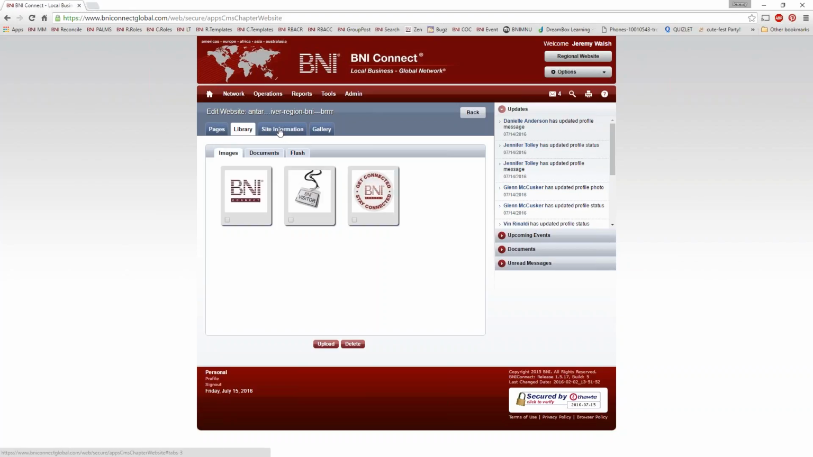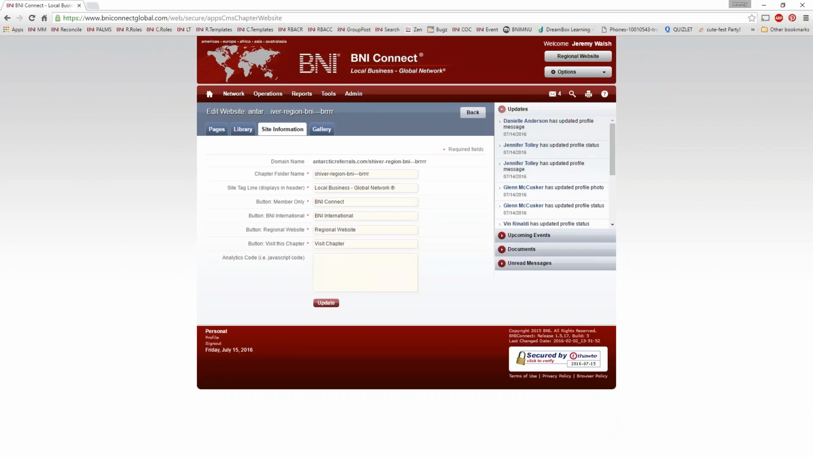The next tab up at the top is the Site Information tab. Now, you're not really going to be doing much on this tab. However, one very important thing is on this tab, and that is the chapter folder name. So as I said, these sites are generated by default, so when it makes the website link, the URL, it auto-generates that by taking the name of the region and then the name of the chapter, and then it puts in a bunch of dashes where spaces or illegal characters would be. So when it generated this name, it generated it as shiver-region-bni---